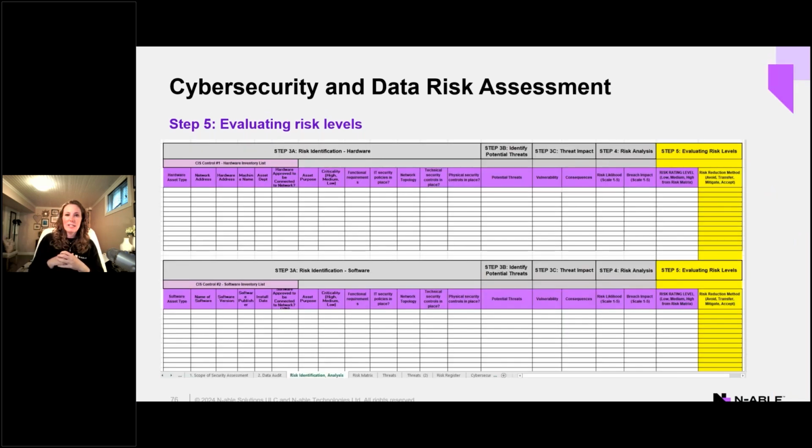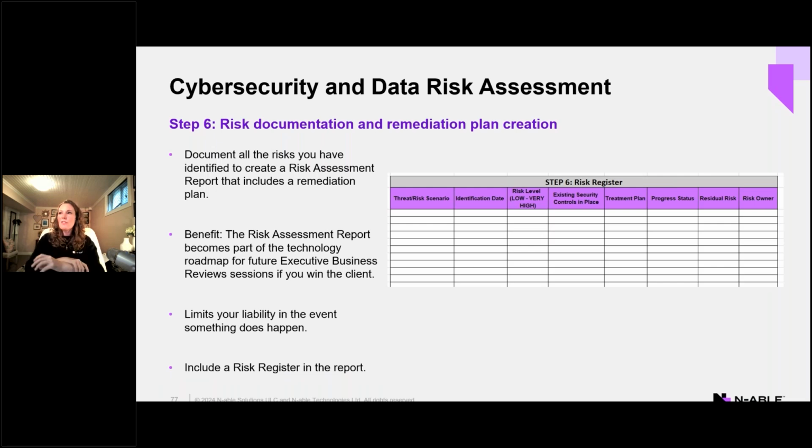So again, just added in another column to the spreadsheet, so you can put in kind of what your evaluation recommendation would be, and then this gets moved over into your proposal. And then the final step is to document all of these risks that you've identified and to create a risk assessment report. This would get included into your assessment report, also gets probably built into your sales proposal, and